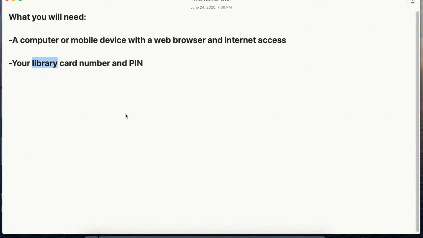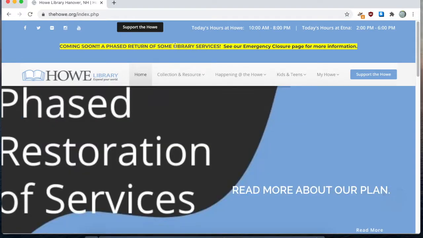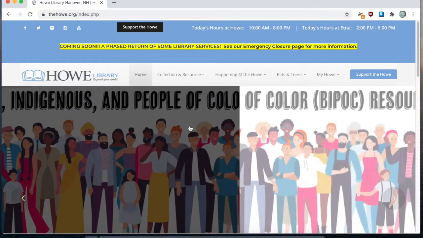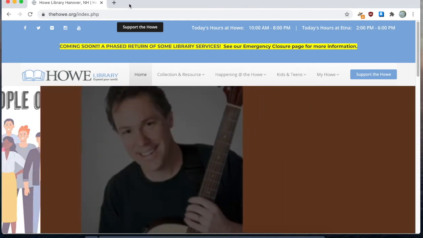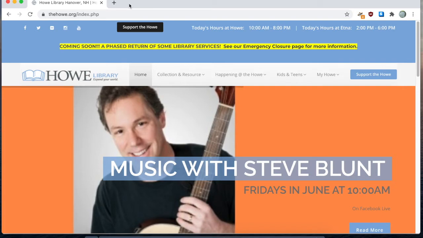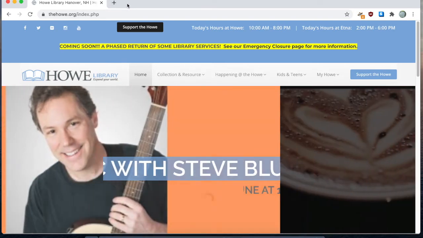So I'm going to go ahead and get started on showing you how to look for, find, and browse new books and new DVDs on the new DVD and new book shelves at Howe Library. I'll start by using this computer. This is a MacBook Pro running the current operating system, Mac OS X, and I am using the Google Chrome web browser. As you can see, I've navigated to